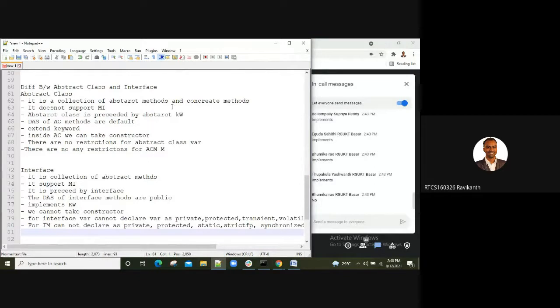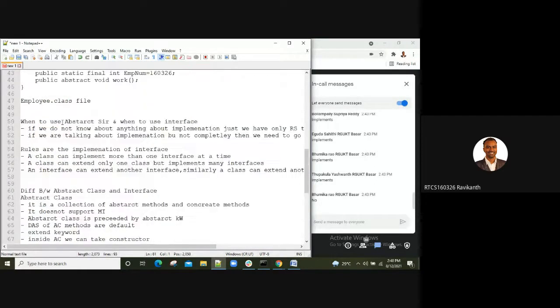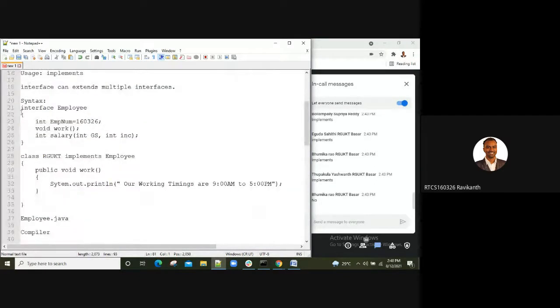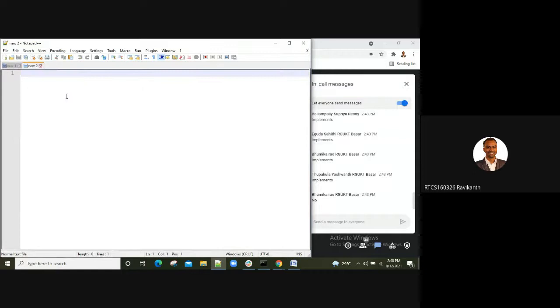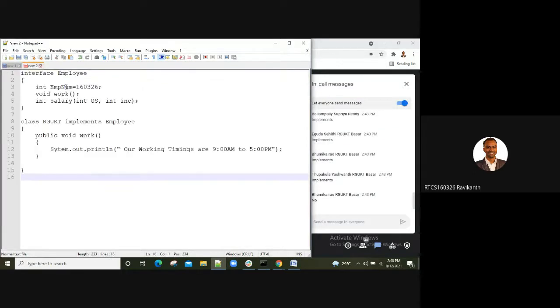The same example, if you want to make use of it, we can just execute this. Okay, so class, interface, then I'm declaring a variable, then I have methods. Let me go with a normal program, just a simple program.